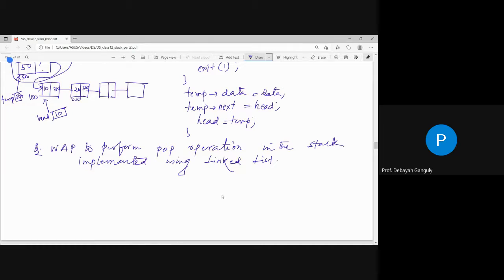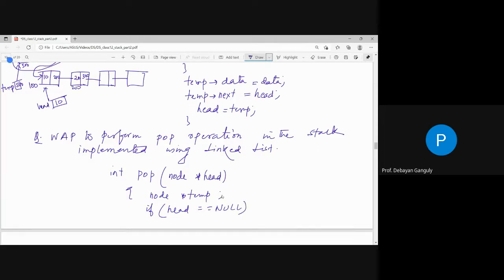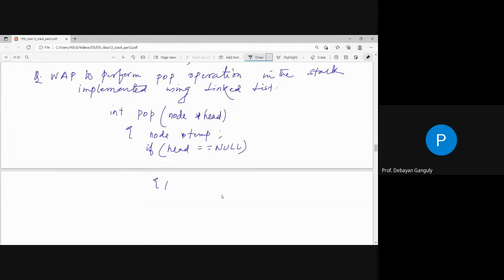ফার্স্ট নোড আমরা লিঙ্ক লিস্ট থেকে ডিলিট করতে হবে, সিম্পল অ্যাজ দ্যাট। তার মানে integer pop, that would be node star head, you know, আমি একটা node star, you can say temp, যদি হেডে কিছু না থাকে, right? মানে হেড যদি null হয় তাহলে তো কোনো এলিমেন্টই নেই, তাহলে আর পপ করবে কী, তো সেটাও যেন চেক করে। Now, that means I am just writing printf underflow condition, I am just giving exit 1,